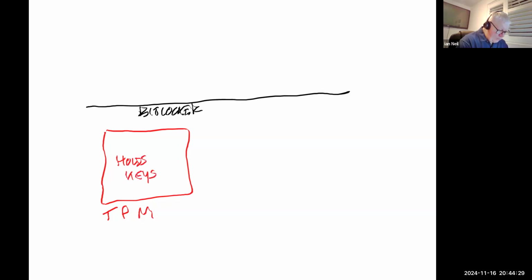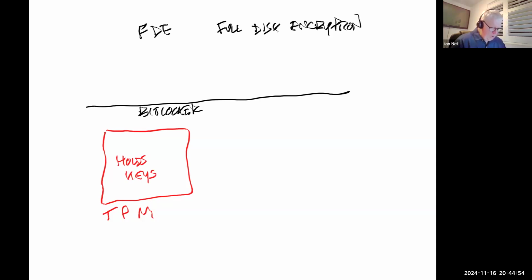So if I go to BitLocker now, we'll get rid of BitLocker. I'm going to go to what they do in the exam. I'm going to go for FDE, and that's full disk encryption. So if I don't have a TPM chip on my motherboard, I won't be able to steal the keys.